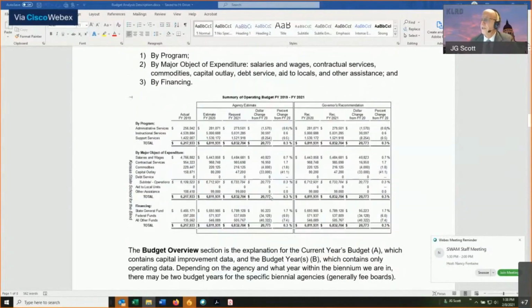One of the things that I do want to mention is a lot of the times when we look at budgets, we put things together in a summary fashion and summarize it based on certain types of categories. The bottom portion of this, the financing, is the revenue portion. We talked about the state general fund. We talked about special revenue funds or all other funds. When we look at the financing portion of this, you'll see state general fund is just that. And then it has federal funds separated out. Those federal funds are special revenue funds, the same as fee funds. And some of that all other is including fee funds as well.